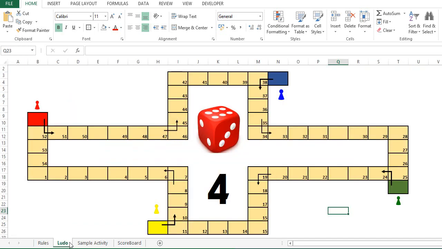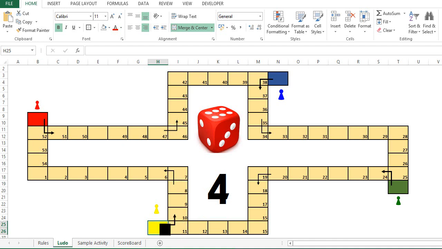So this is the Excel cell, and each cell has a number as you can see here, and each number will have some activities. What kind of activities and how to decide these activities, I will talk about later. So first see here, it's just like Ludo. We have four colors: red, blue, green, and yellow, and it will always move in the clockwise direction as we have in Ludo.